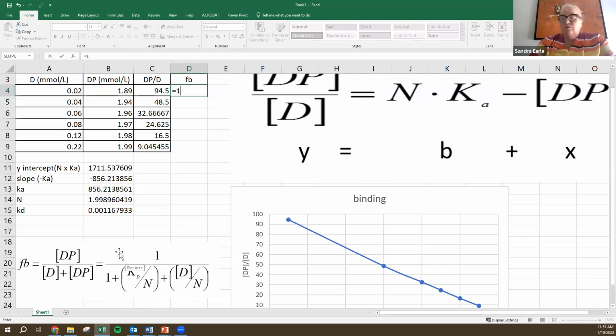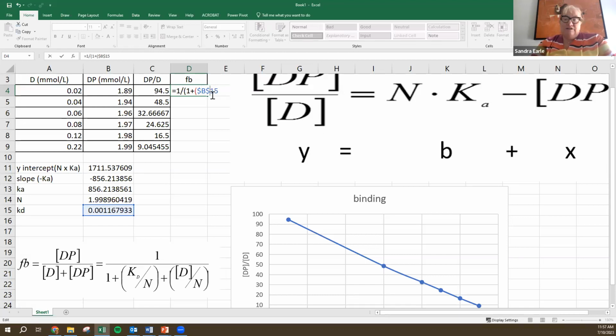I'm going to just put in this equation, 1 divided by, now we're going to want to keep this whole denominator together, so I put parentheses here. The parentheses are the trickiest part of Excel, in my opinion. 1 plus, and again, we want another parentheses here, Kd, and here's Kd, so I'm going to go straight to that number. Now, if I want to click and drag down here to do all of these problems, I don't want this moving down one because there's no number in that cell. So to tell Excel to keep going to that B15 for Kd, I just have to tell it by putting